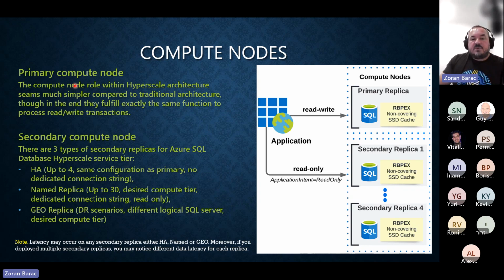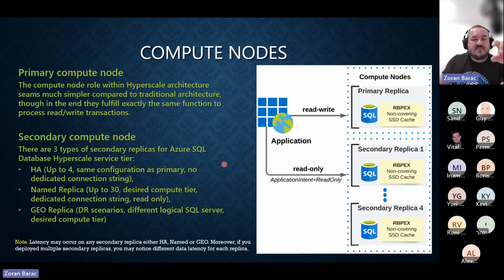So for a primary one, when you're deploying, you have 3 families now available. It's a standard series generation 5, which, as we already mentioned, is 80 cores and 625 gigs of memory. And you have a premium series and premium series memory optimized. The difference is in the cores and the memory. The first one is 128, and I'm not sure, I think it's 625, same as the previous one. Actually, for standard Gen 5 it's 415 now, I believe. And premium series memory optimized is around 800 gigs, as we already mentioned in one of the earlier slides.